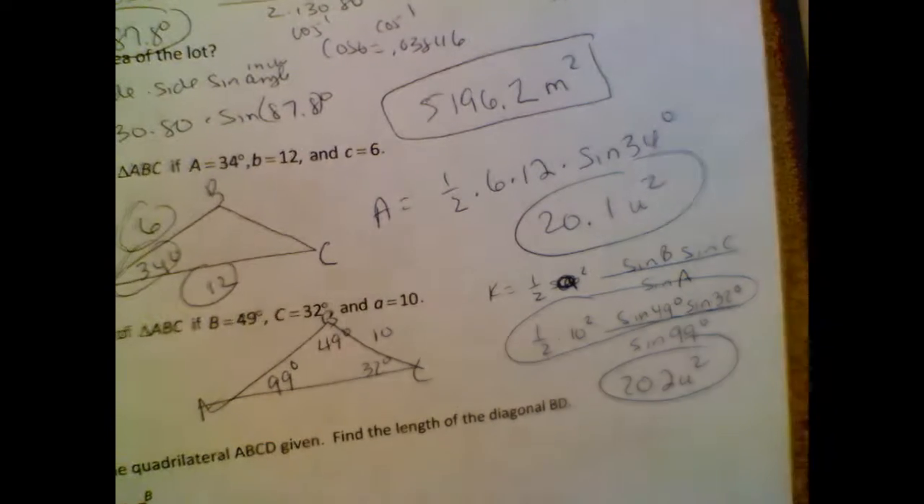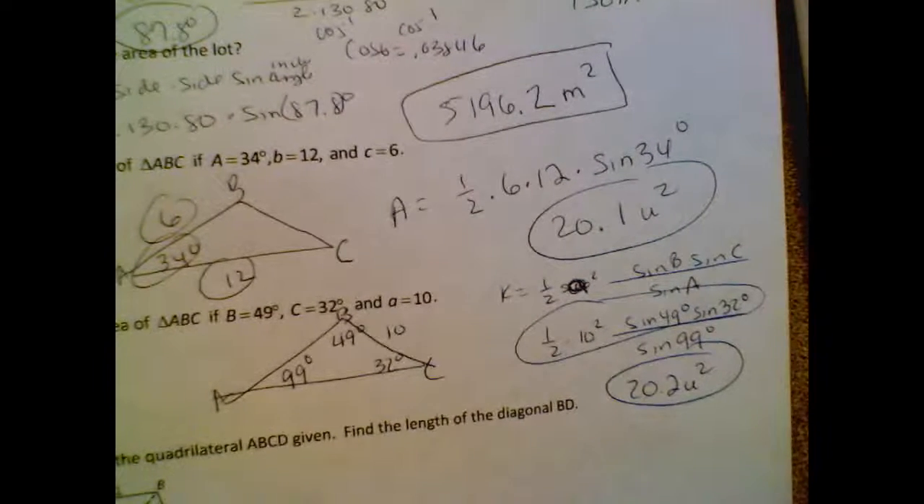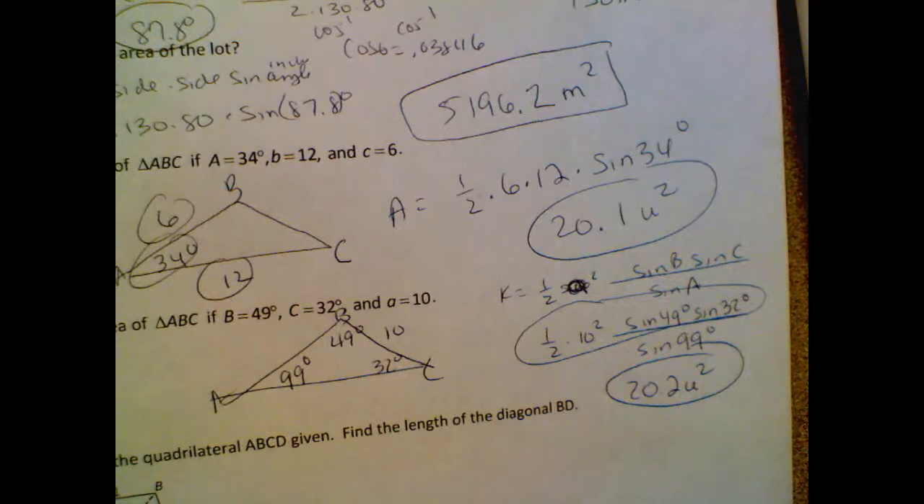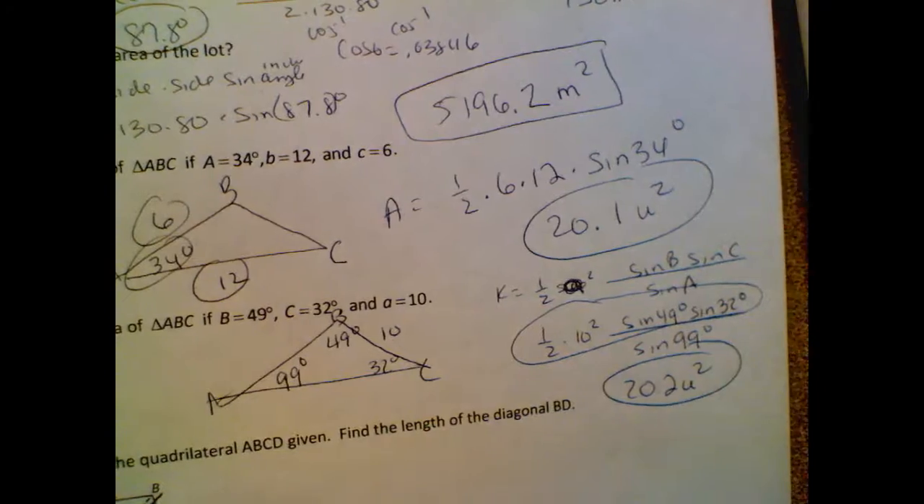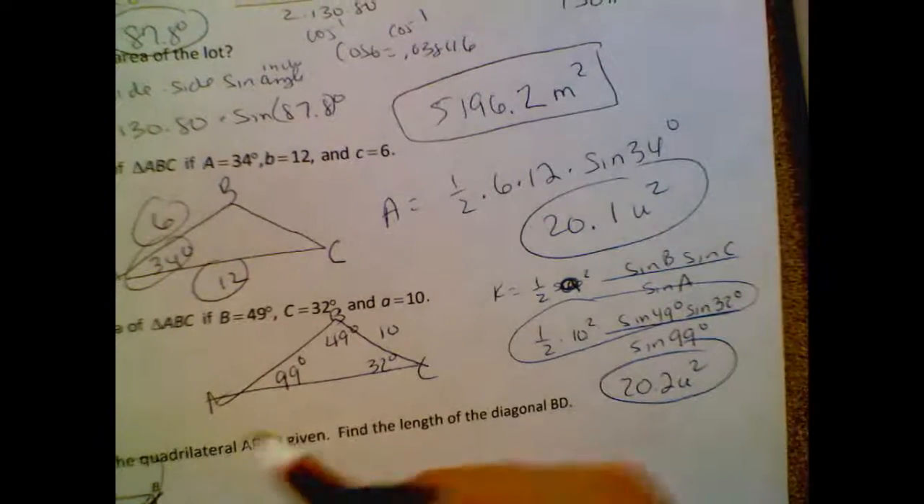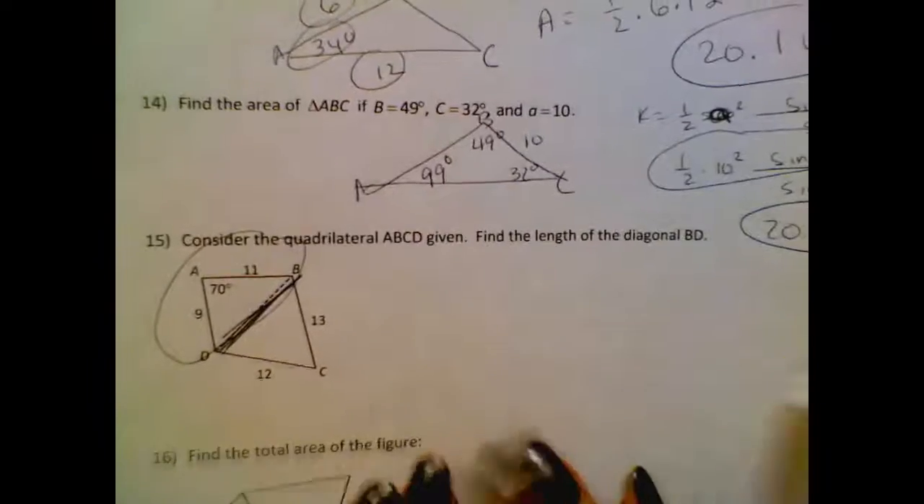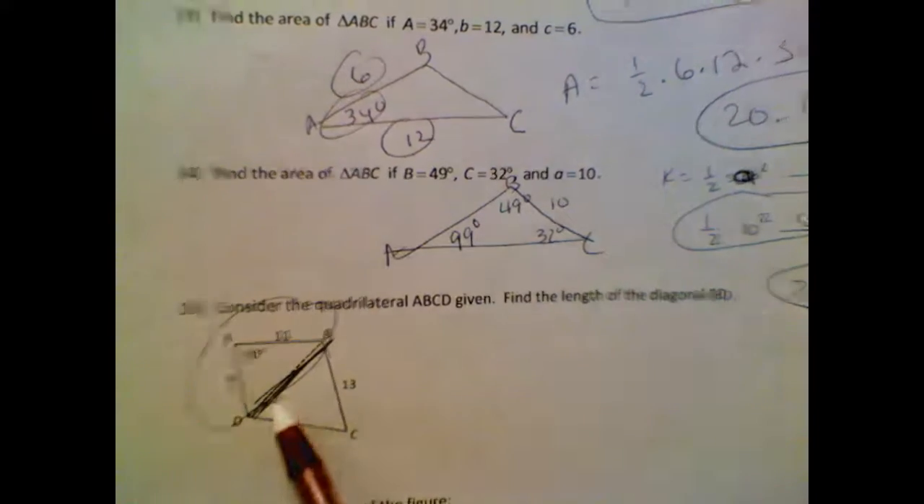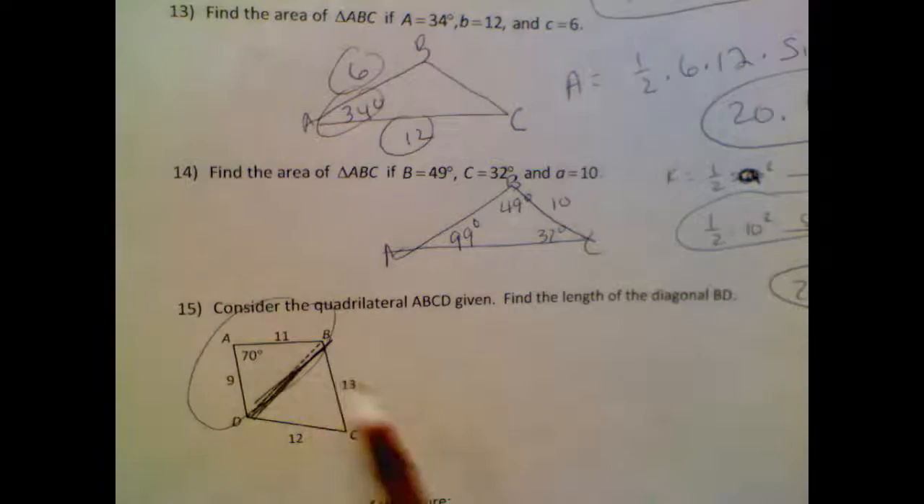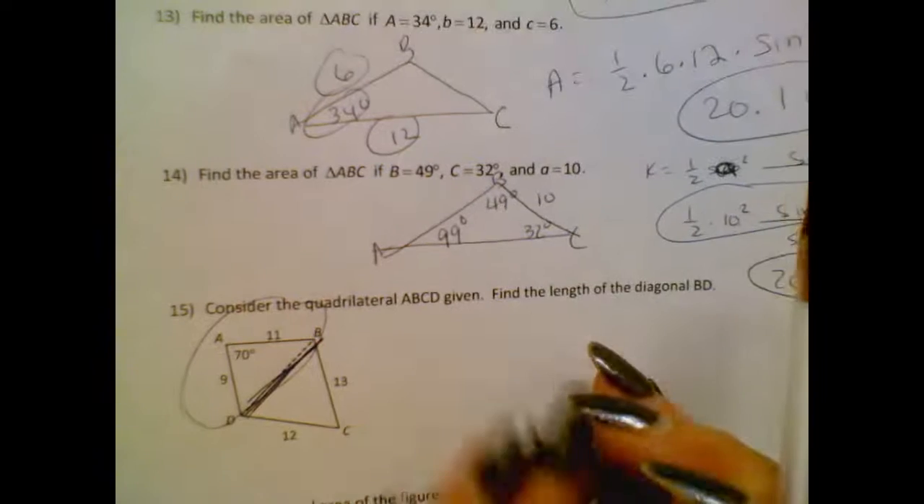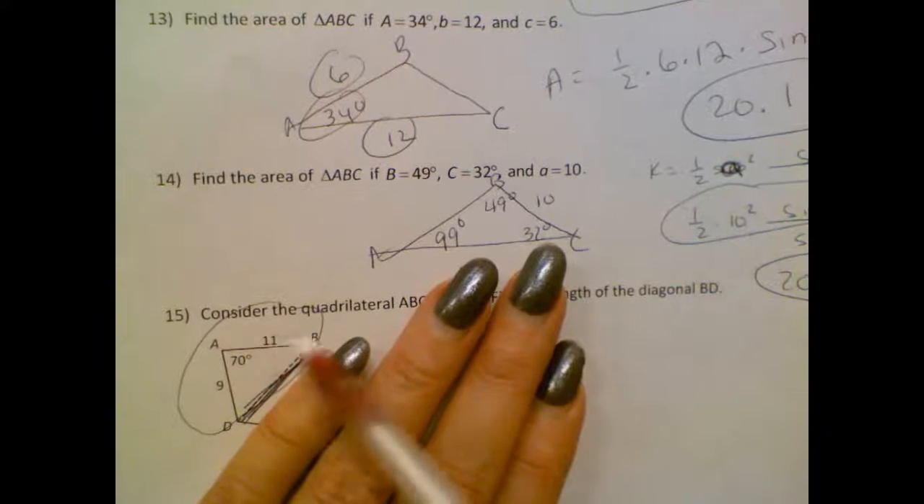All right, so this is number 15. Consider this quadrilateral ABCD. Find the length of BD. So we're going to look at this information right here. Let's ignore this right here. I'm going to look just at this part. Oops, you can't see what I'm doing. There's a lot of information given in this quadrilateral, but you have to use the part that has the angle. So we're not even going to look at 13 and 12. I don't care about 13 and 12. I do care, however, that I have an